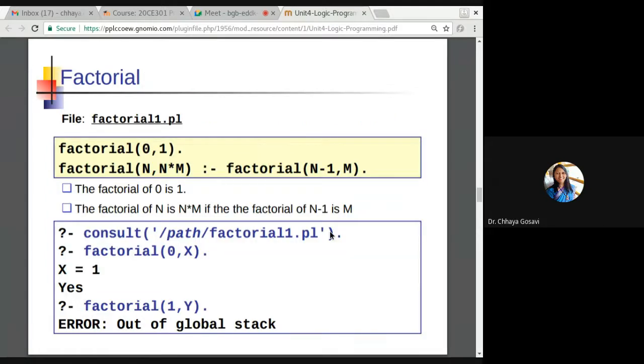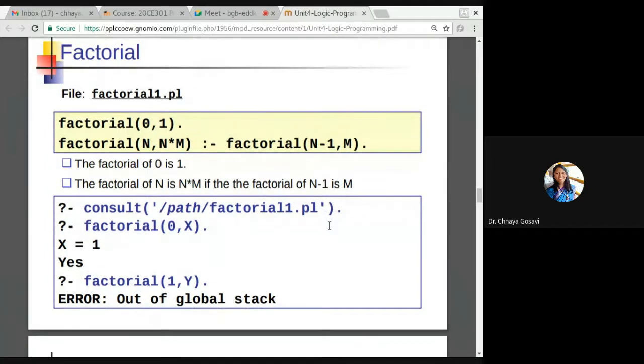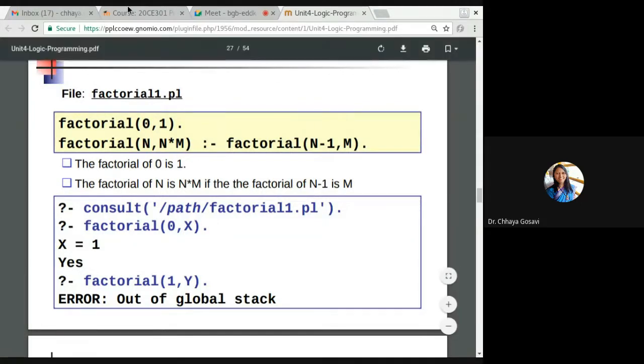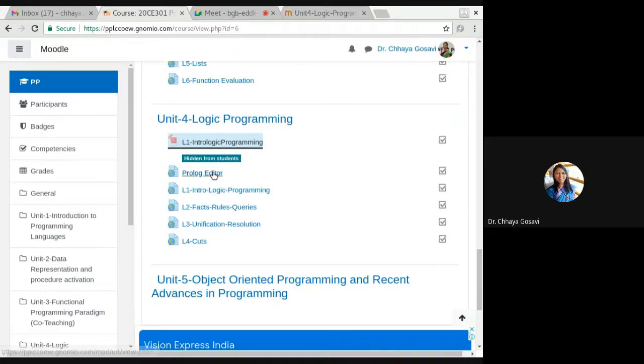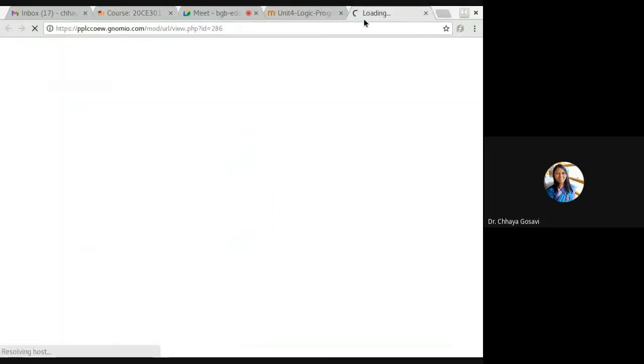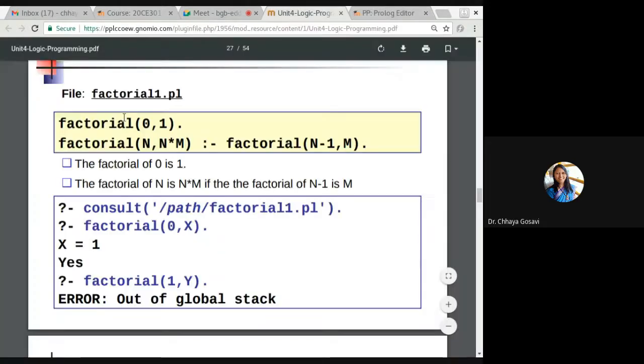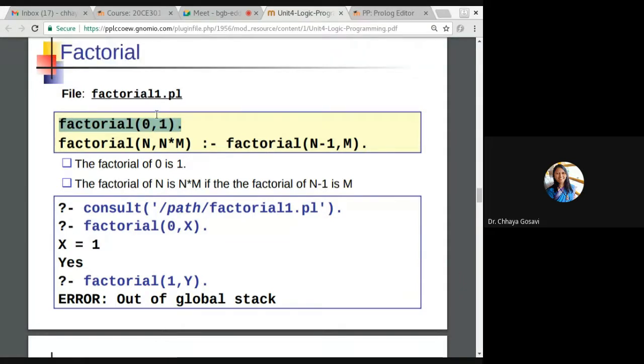Another example, this is again an interesting example. I want to use the online editor here. So how to write a factorial program in Prolog. Here we are saying that factorial of 0 is 1. This is my result.